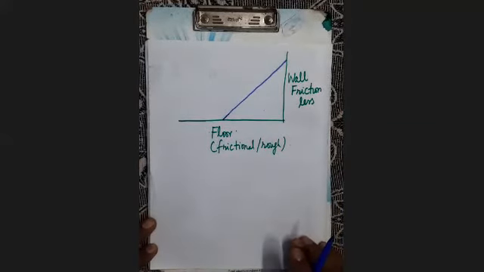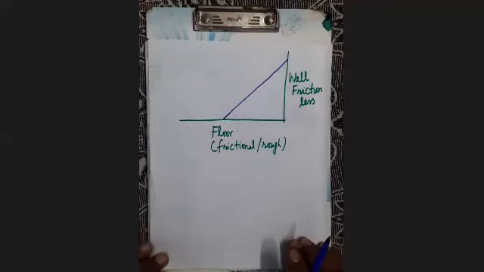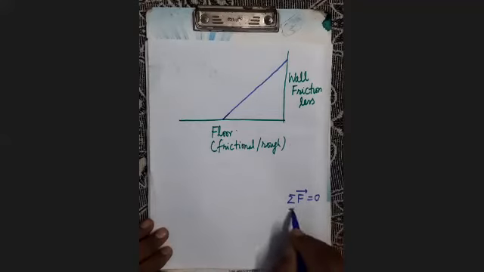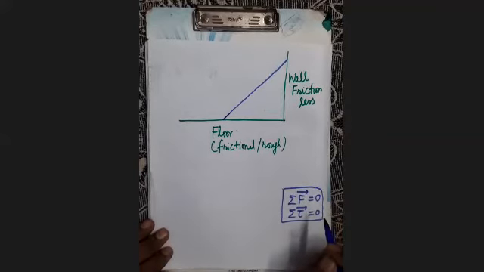It's clear. And since it is resting in equilibrium, what is the complete condition of equilibrium? The vector sum of the forces acting on the body should be 0, as well as the vector sum of the torques should also be 0. This is the complete condition of equilibrium, because both rotational as well as translational motion may be present in the body.